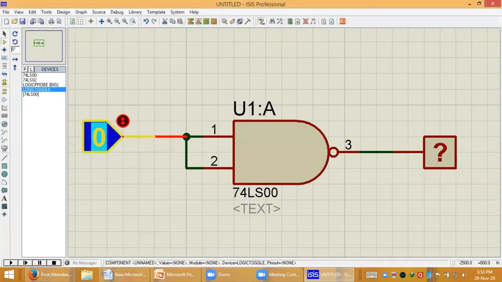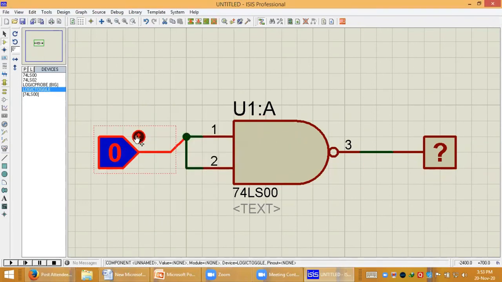And simply I will play this circuit diagram. Then you will find that if input is 0, then output will become 1. If input is 1, output will become 0. So let's play this simulation.